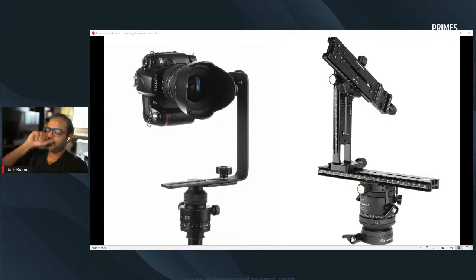Now, how you determine the nodal point, there's a method. You can see lots of methods online to determine the nodal point of a lens. But the rule of thumb is if you look inside your lens and you can see the aperture blades, the nodal point is somewhere near the aperture blades, right? So, for example, in this lens,